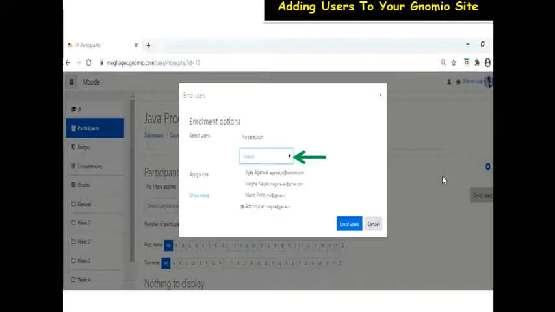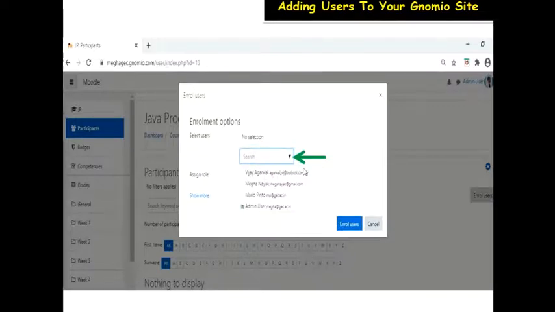You click on that and you will see enrollment options, and you will click on this drop down thing over here. You will get all the different users who had hit on your site and registered. You just click on one of them, whoever you want to enroll, or if there are 50 and you want to enroll all 50, you just click one by one and keep adding them by saying enroll users.